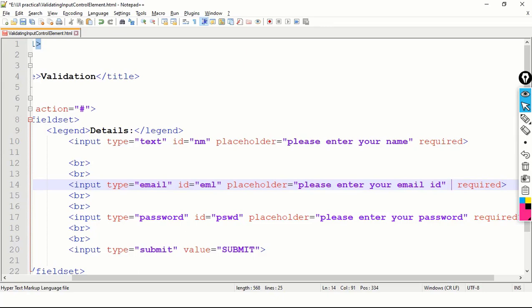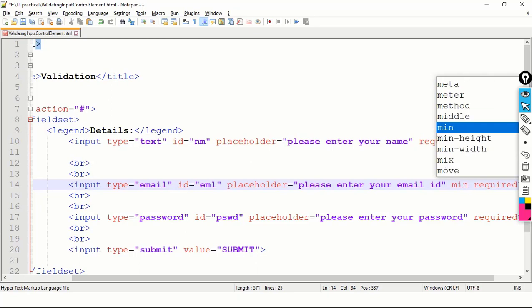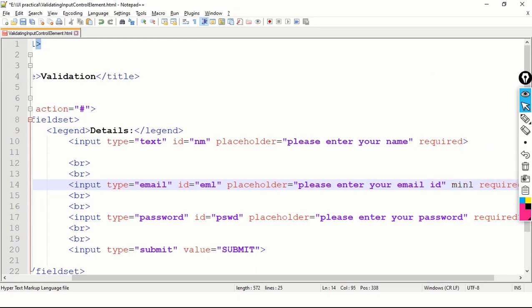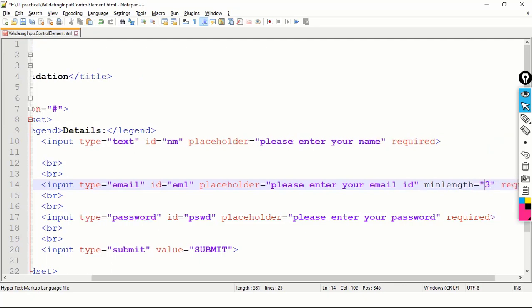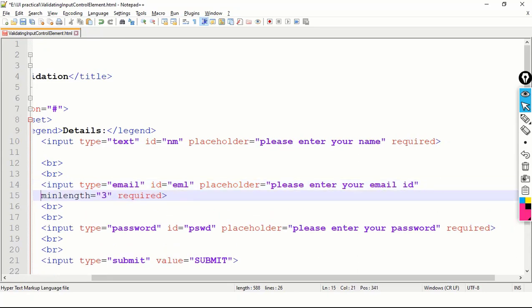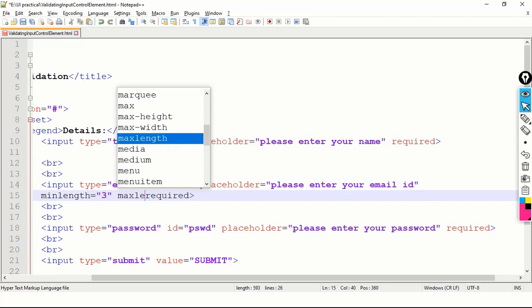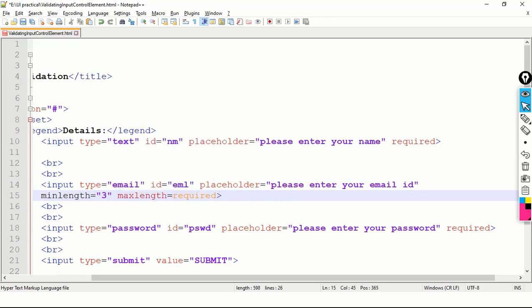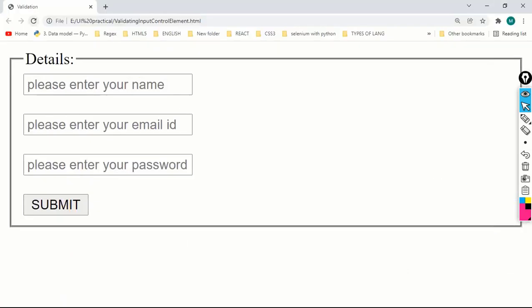Suppose I'm mentioning min length equals 3, and on the next line max length equals 9. Save the code. Just for understanding purposes I will make some mistakes.